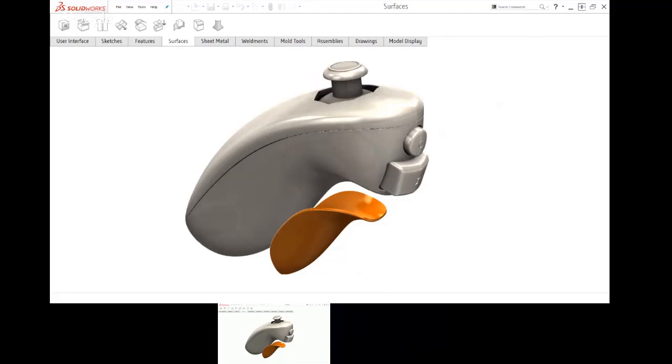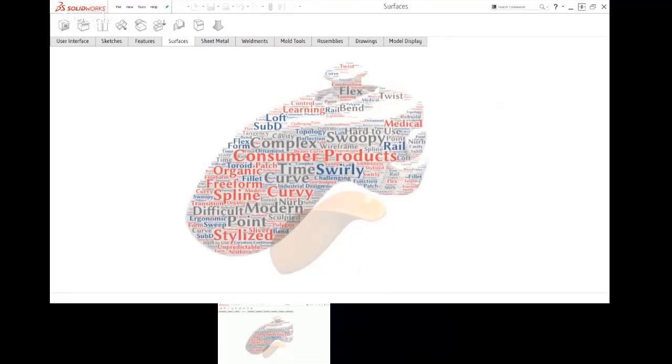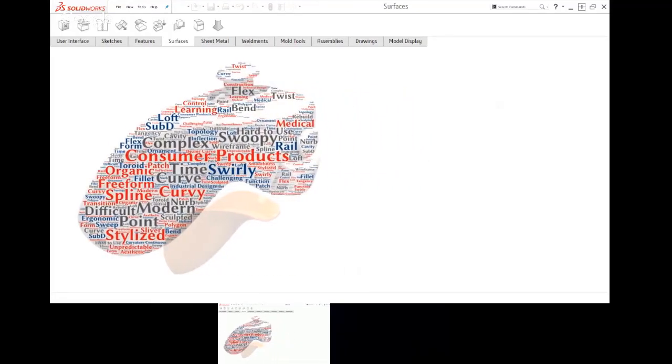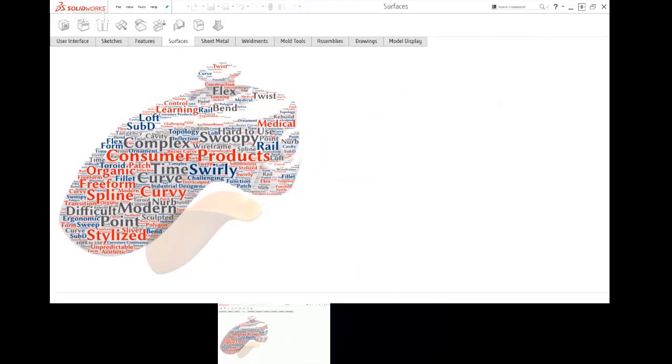Those folks, are any industrial designers here? They have completely different workflows, different tool sets, different terminology. Words come to mind like organic and swirly and swoopy and complex, sometimes a negative connotation too. Surfacing, it's hard to use, so I stay away from that, or I haven't been trained on that. But there's a lot of different connotations that come with surfacing, and we're not really going to focus on those